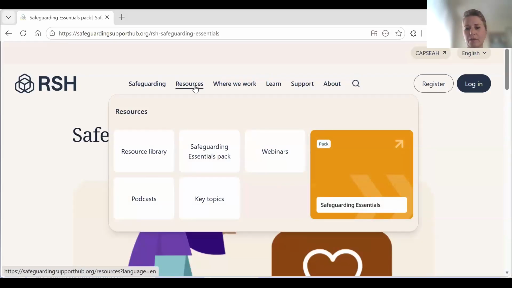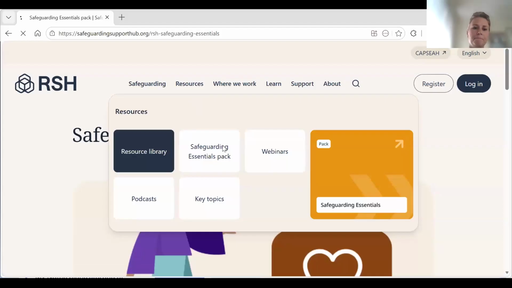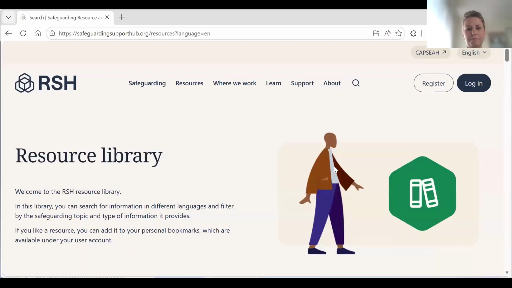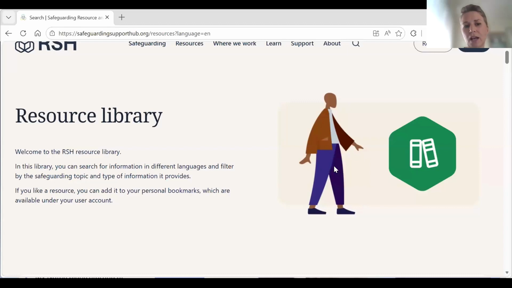Moving on to the resource library. And again, if you've used our website in its previous version before, you probably remember that it had multiple ways of allowing users to consult it.